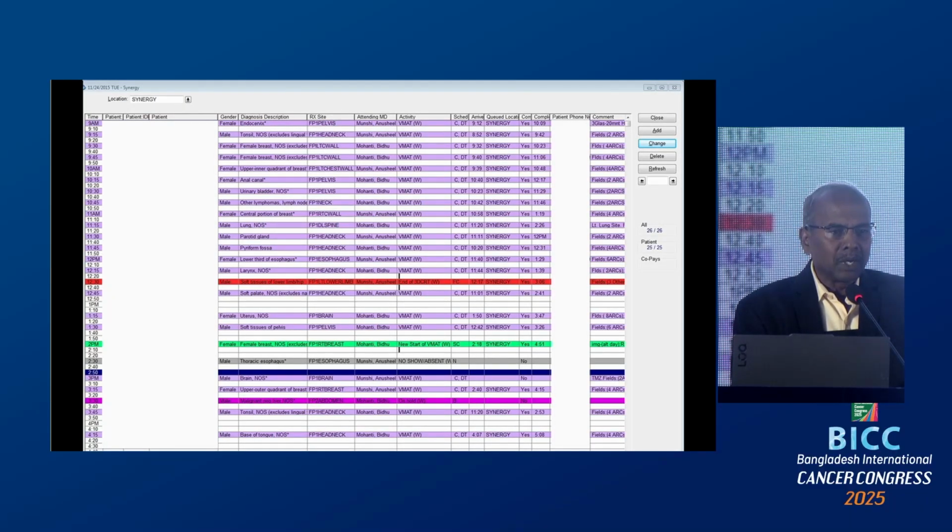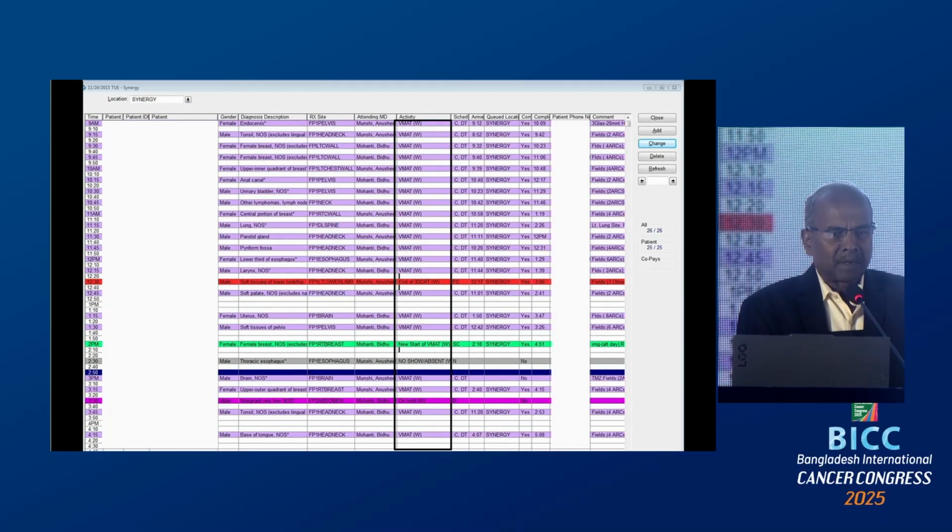So how do you do it? This is how you do it, depending on the information that you want. All you have to do is, in the activity, you just put, like you can see here, different color codes: new start in green color, end of treatment in red color, violet color for VMAT treatment.